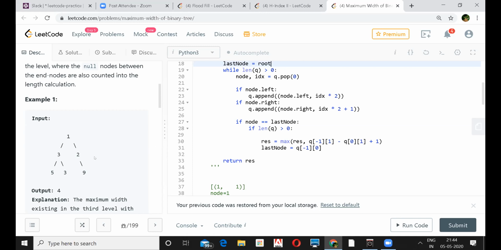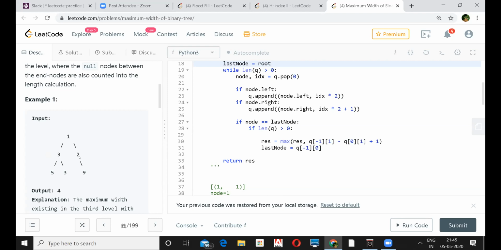No, but I'm doing this because once I reach here, only then will I be able to take the length. Otherwise, if I don't keep this condition, length of Q will always be greater than 0. Once I pop it, let's say first time I inserted 1 and popped it, Q will be empty and then the children will be inserted. Your Q will be full, and since length of Q is greater than 0, you'll start updating it. But how would I know that I've inserted all the nodes at this level? If my node is equal to last, then only I'm taking the length of this. That shows that I've reached up to this point.